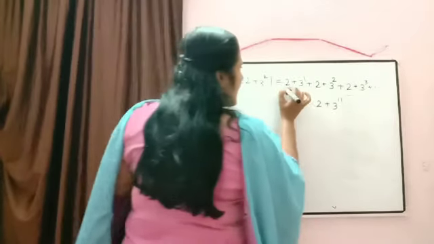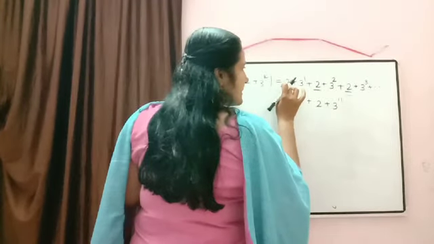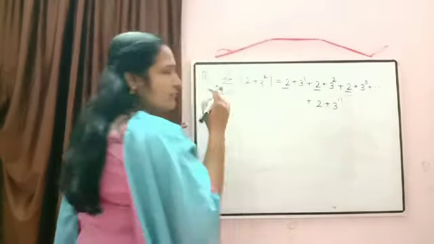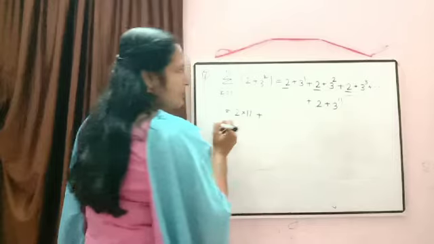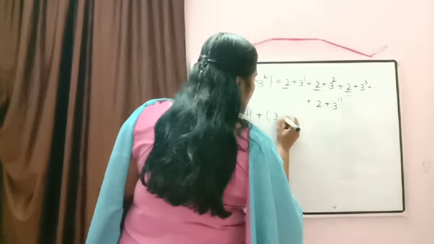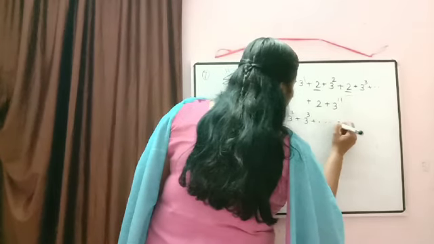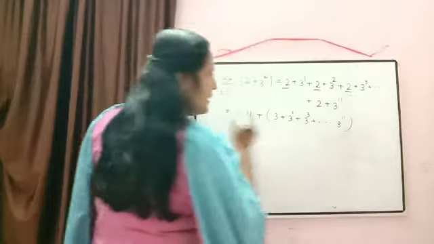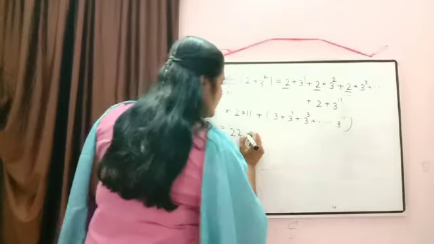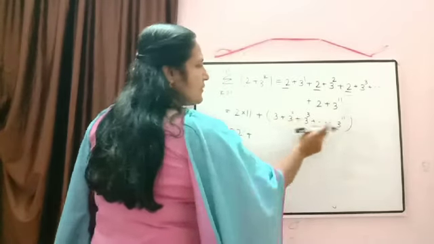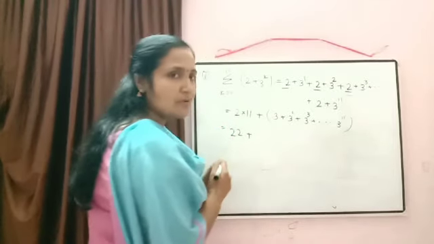Now just to check, how many times are we adding 2? Starting from 1 to 11, so we added 2 eleven times. So it will be equal to 2 into 11 plus the remaining expressions, 3 plus 3 square plus 3 cube plus etc. plus 3 raised to 11. So we have a total of 11 terms there. Okay, so 2 into 11 will be equal to 22 plus. You can check that this sequence of numbers forms a GP. What is the first term? 3. So we will directly use the formula.